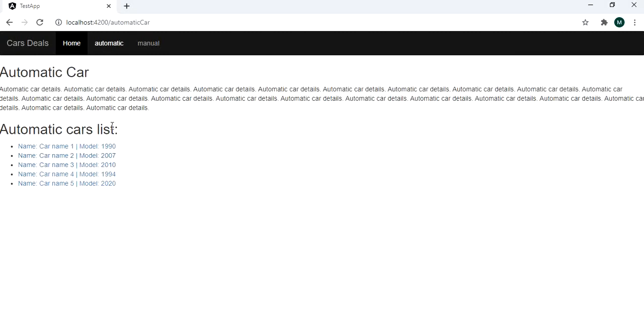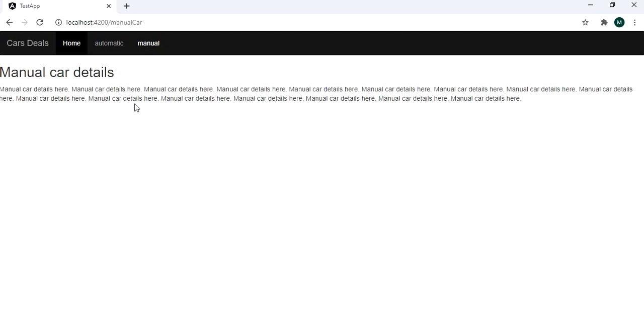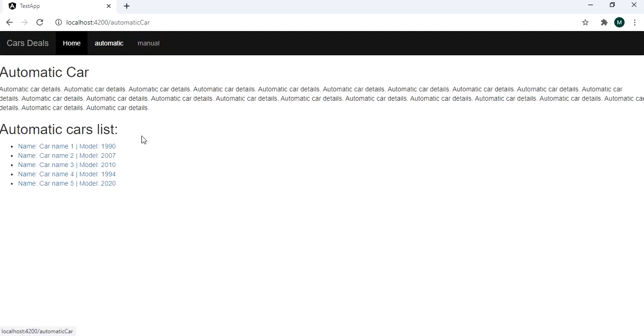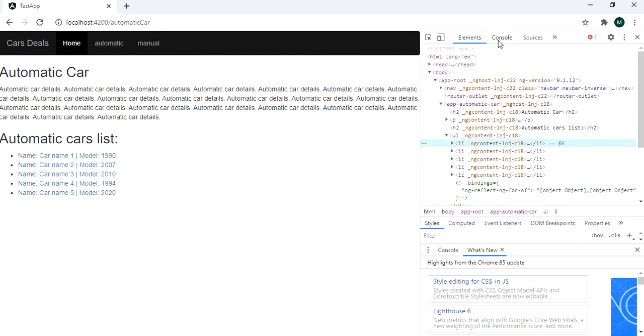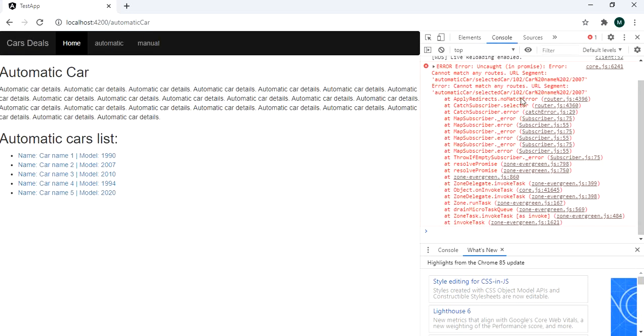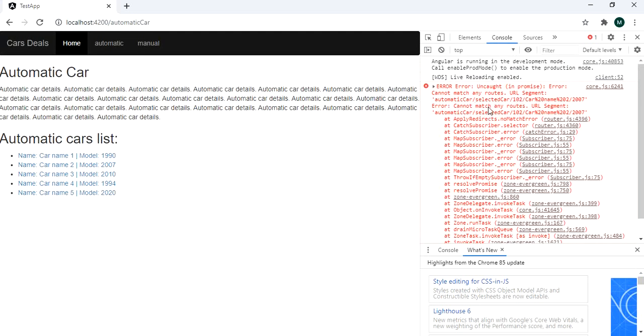So when we are clicking on automatic, it is opening the automatic car list, and in manual, this is the manual list. What if I am clicking on the car detail? It should open the selected car details. There must be some error: cannot match any routes.